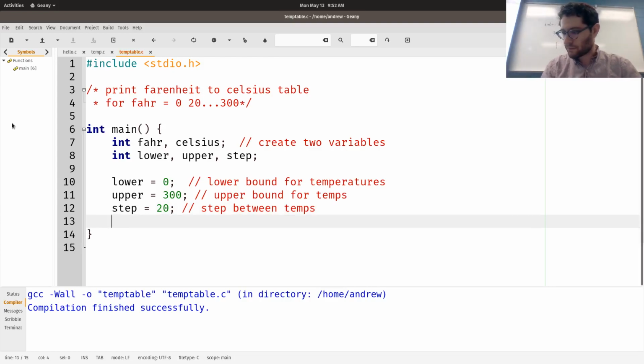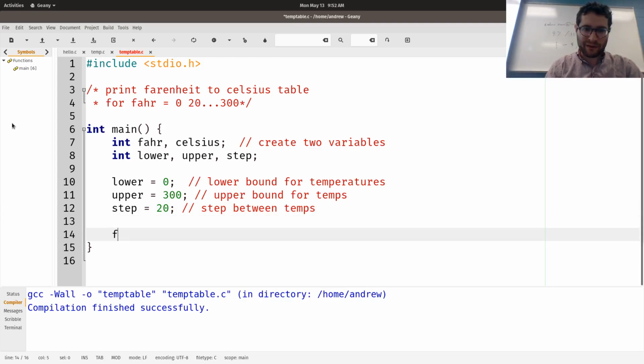Okay. And then we're going to start out by saying Fahrenheit is equal to lower. In other words, Fahrenheit is going to start at what? What is Fahrenheit's initial value here? Well, first we look at lower. What is lower's value? 0. So we take 0 and we copy it into Fahrenheit. Note that lower and Fahrenheit both are 0, but they're not the same 0.